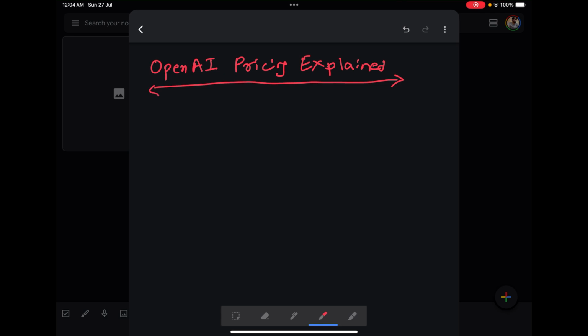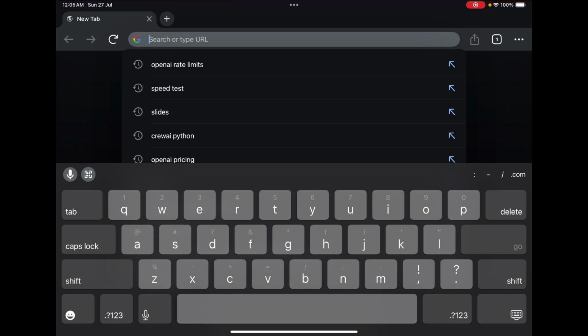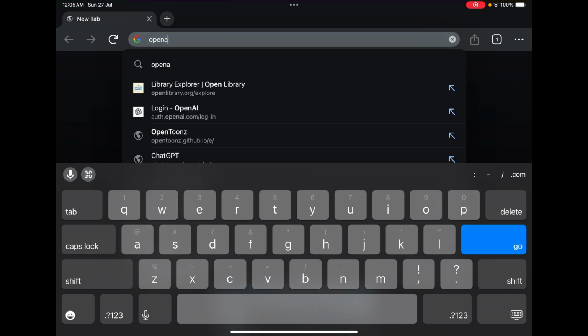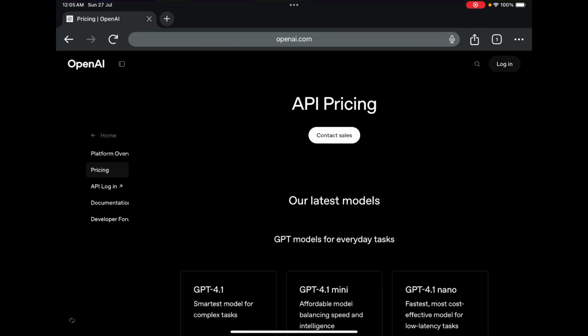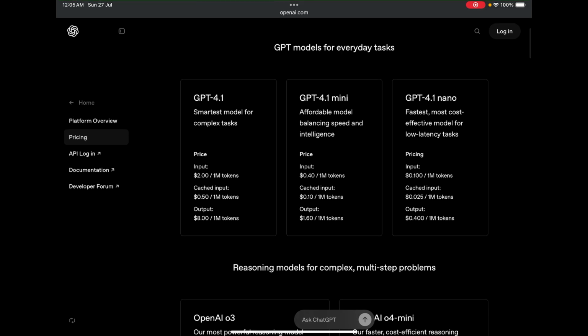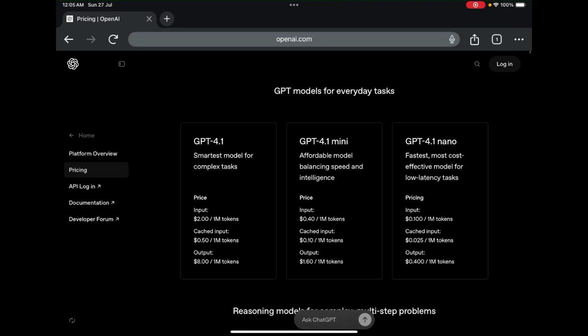Okay, now whenever you go to the website of OpenAI, let me show you what I mean. If you search OpenAI pricing, then what you will get is this kind of interface. The first one states GPT-1, smartest model for complex tasks, and it has a bunch of things written here: input, cached input and output. We'll try to understand what it means, although once you understand one of them, others will make much more